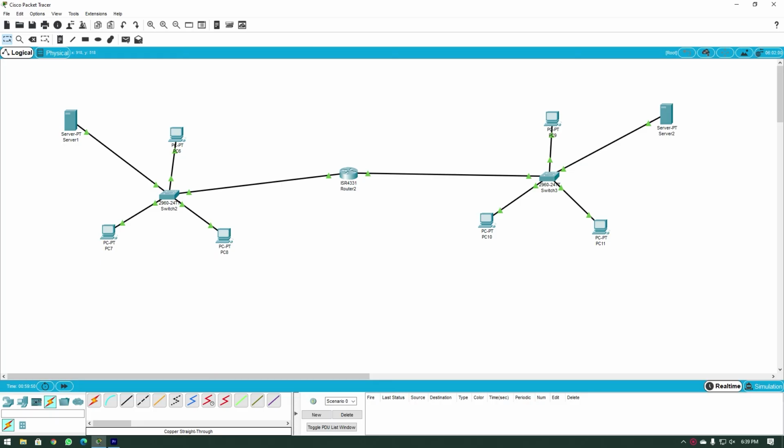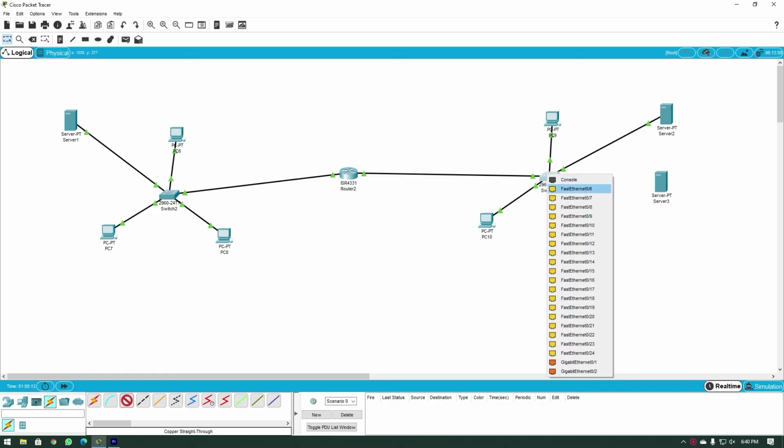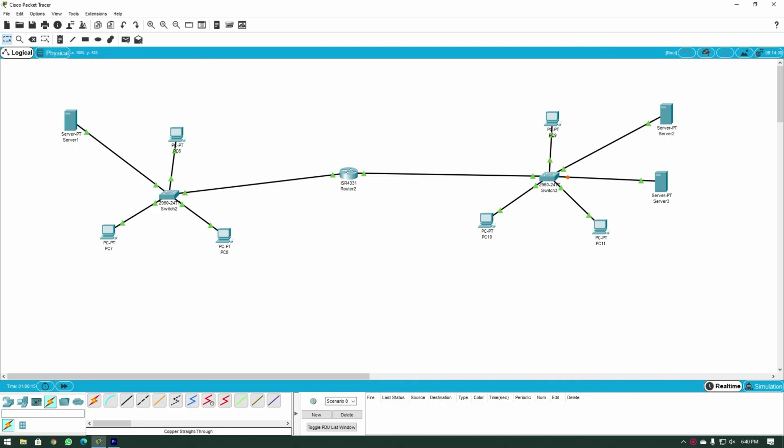Now let's continue with this network and do something a little bit more interesting. Let's add a web server to this network and try to see if a computer on this network is able to access the web server over here. So I'm going to add a server over here. Let's go to end devices, server, and just put it over here. Then I'll connect the server to the switch using a straight through. They are connected. Now, do you think this server will get its IP address dynamically using DHCP from this server over here? Well, I think so.